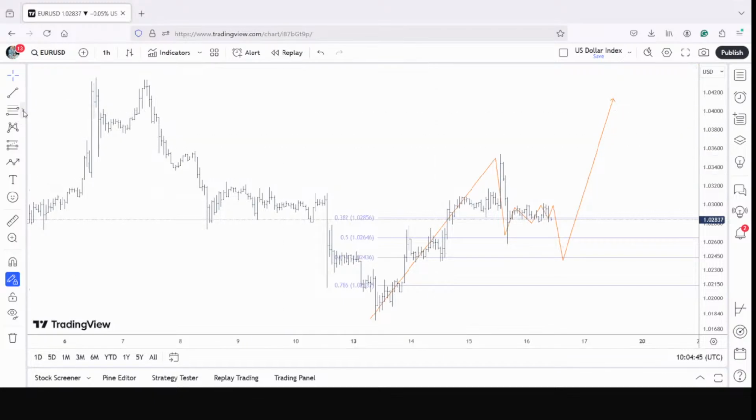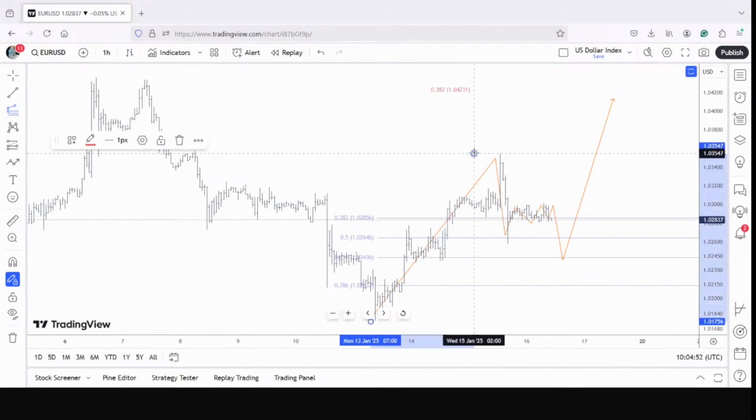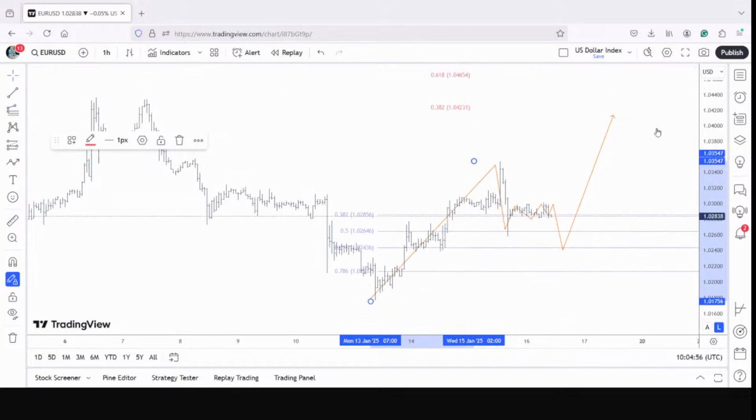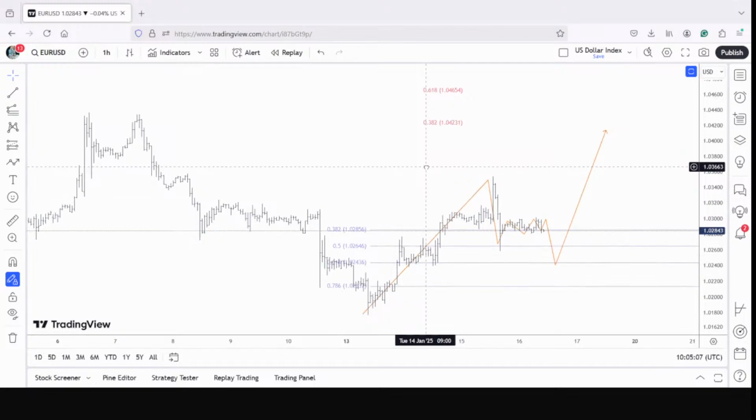The next trajectory of the Fibonacci extensions should be taking us at least towards 450. That's the resistance. It falls in line. Most of the time we have seen that the Fibonacci ratios, whether they are the extensions or the retracements, fall in line. And that's what we are seeing right now here as well.